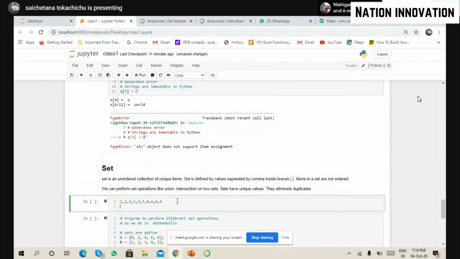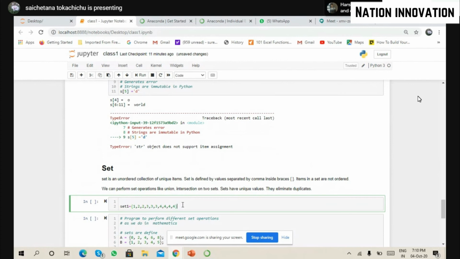A set is defined in curly braces. So this is my first set I'm creating. set1 is equal to curly braces, and in this I'm just putting my collection.